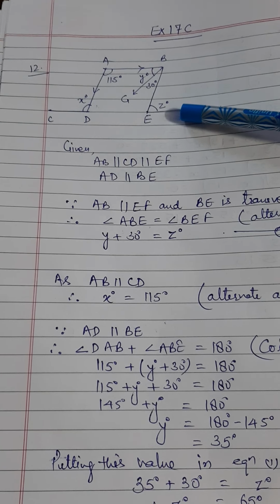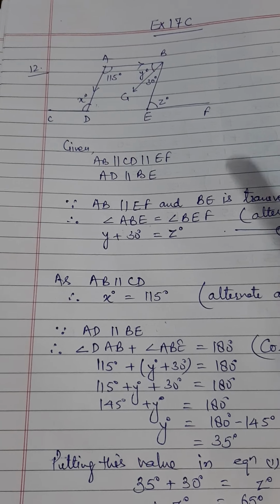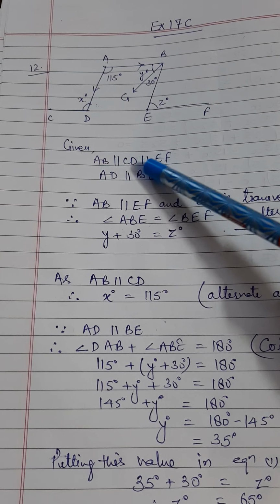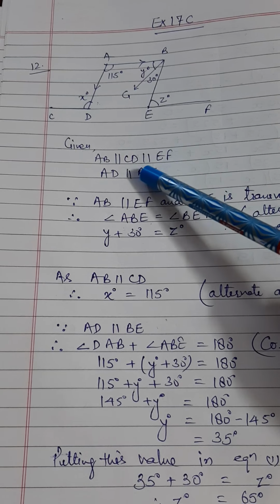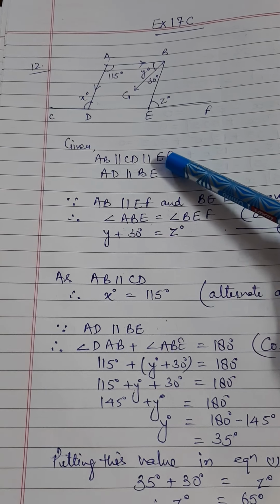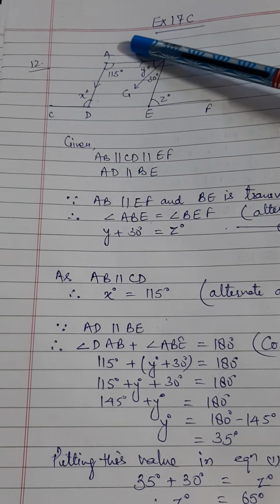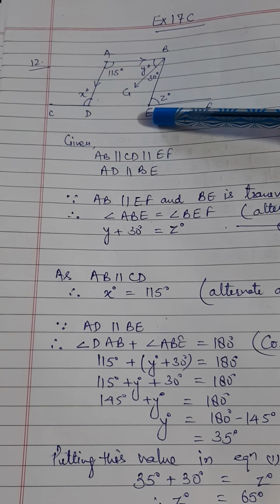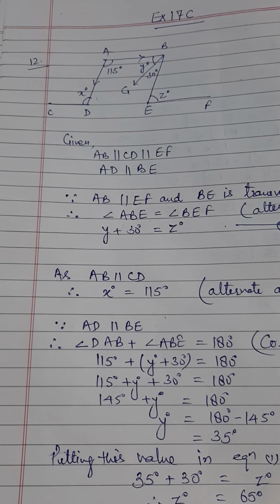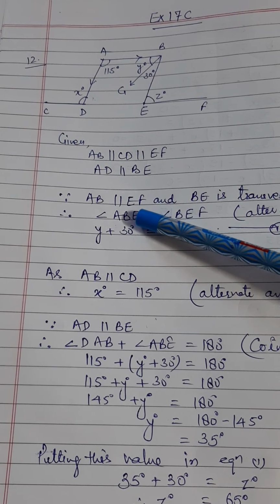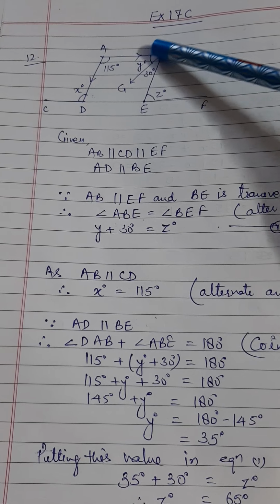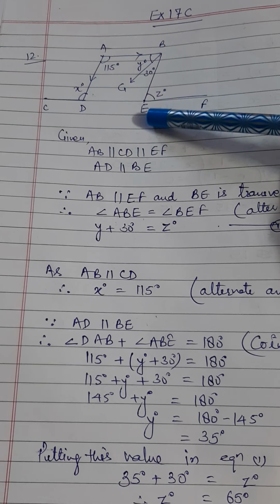In the 12th sum, we have given this figure. In this figure, we have AB parallel to CD and this is parallel to EF. It means all the three lines are parallel. Also, it is given that AD is parallel to BE. So, as we have given that AB is parallel to EF,